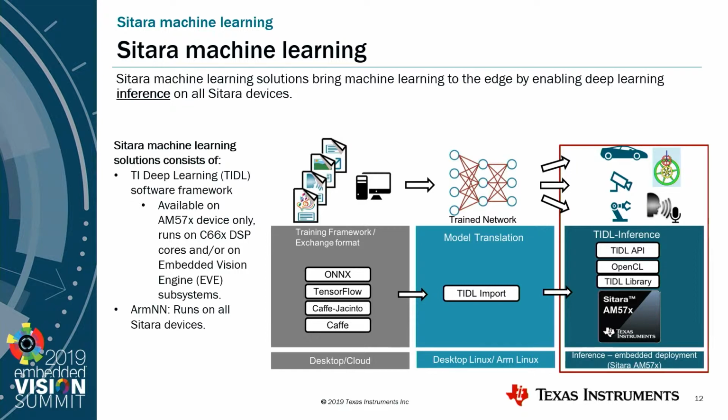It is a 3-step process where you train your network model on the cloud or the desktop. The format that is accepted by the TI deep learning framework is the graph format generated through the TensorFlow, or the Caffe framework and its derivatives, or anything generated using the ONNX format. Caffe Jacinto you're seeing here in this picture is TI's variant of the Caffe framework, where we have added additional